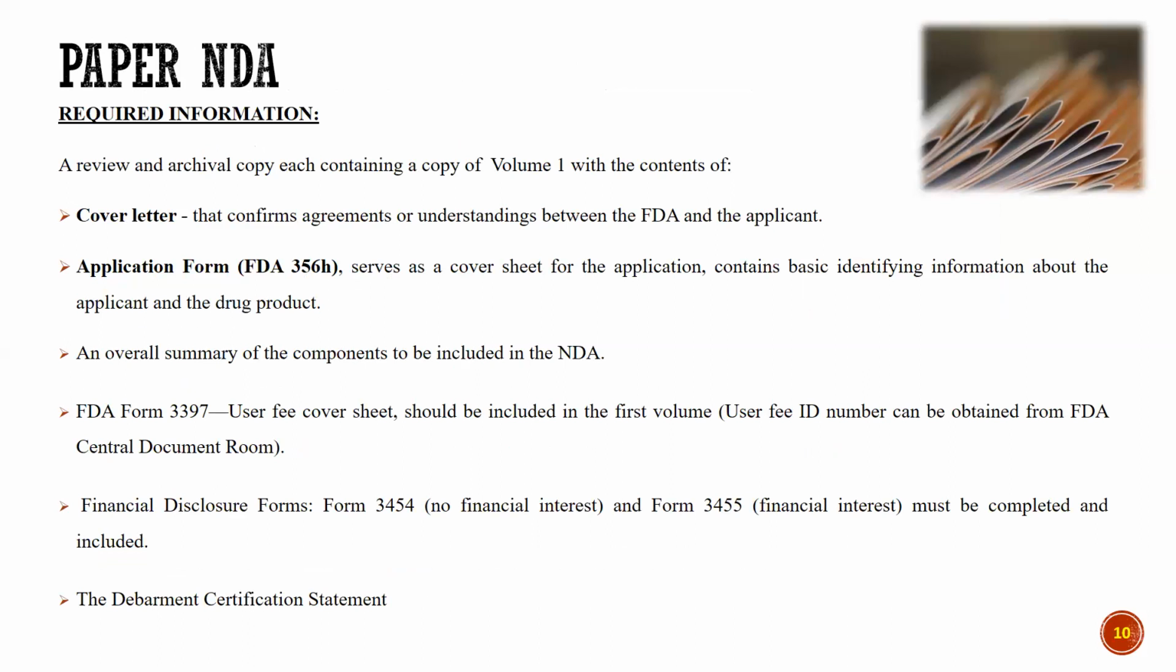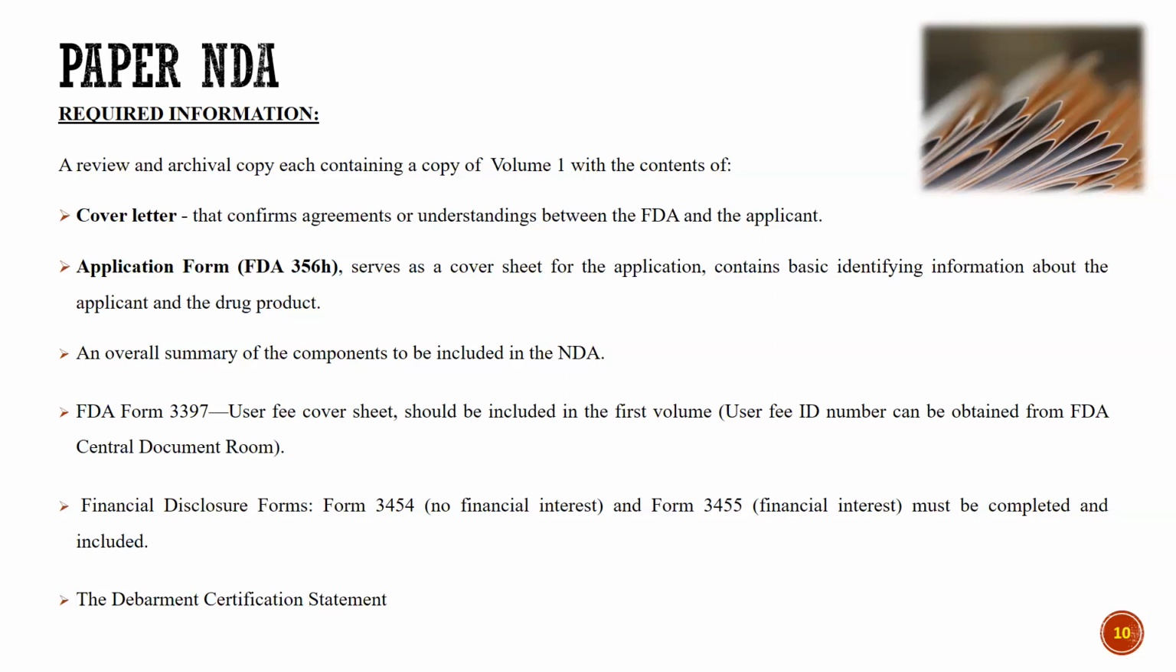A review and archival copy, each containing a copy of volume 1 with contents like the cover letter and application forms. The cover letter confirms agreements and understanding between the FDA and the applicant. In the cover letter, the applicant gives details like the study number, for what disease this particular drug formulation is indicated, and whether it has the orphan drug